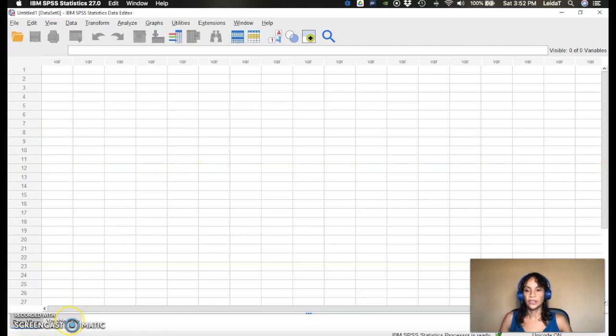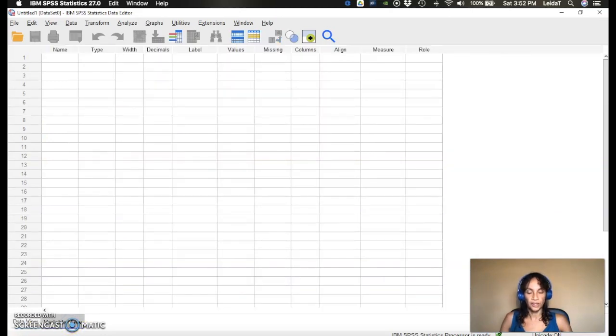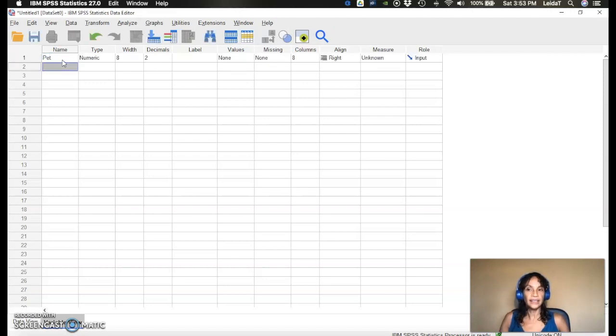So I am going to show you how to set up variables. So you go back to the bottom left corner, click variable view, and now you can start setting up your variables. Let's say that we want to set up two variables. For example, the type of pet that people own. So I can type in pet right here, and I also want to set up a variable that corresponds to the gender of the pet